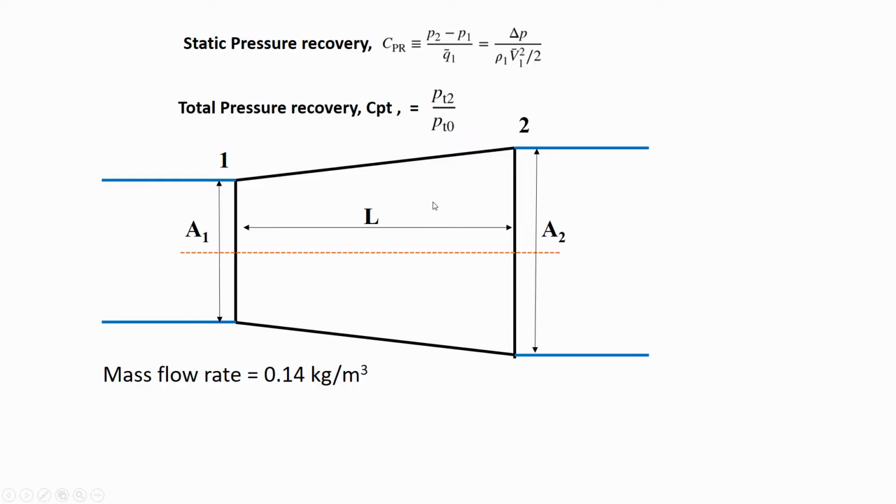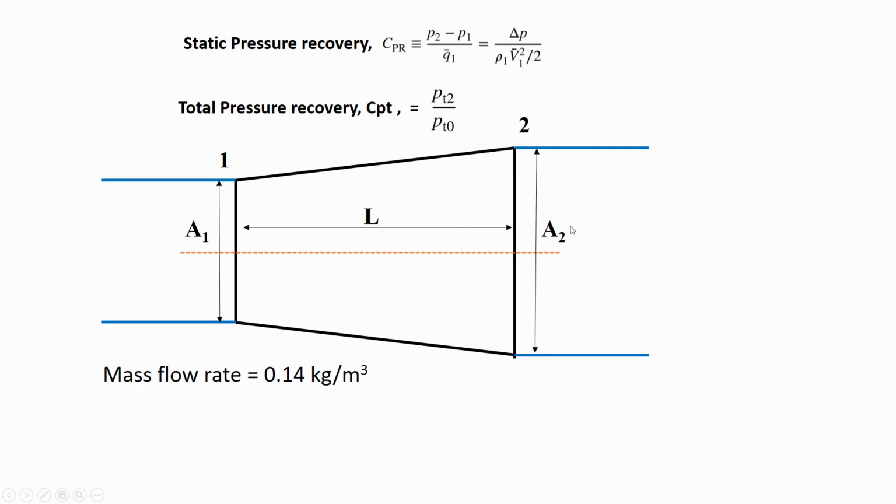So this is the schematic of the diffuser we have already simulated. So there are two basic parameters. First one is the static pressure recovery, that is CPR, and it basically means the recovery of static pressure against the inlet dynamic pressure, and the second one is total pressure recovery. So total pressure recovery basically means how the diffuser is performing against a perfectly isentropic diffuser. A diffuser ideally is modeled as an isentropic diffuser.